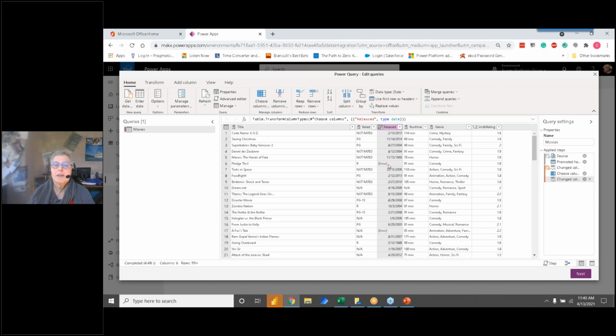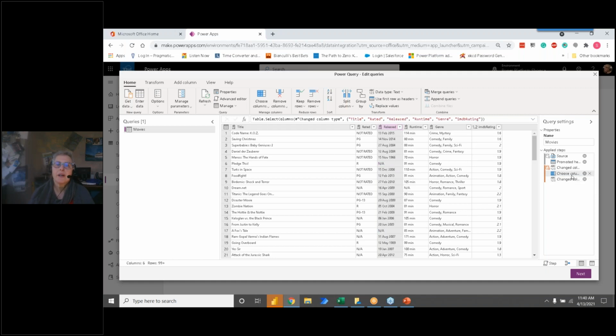So I got an error, right, where those NAs were. Whenever I get an error, I go over to the applied steps and I go up one to see if the error's still there. And I keep going up one till I find the error. So the error's not here. So somewhere between this step and this step, there was an error. It didn't take me very long to figure out that it had to do with this NA, because when I told it I want it to be a date, it has to be a date, and NA is not a date.